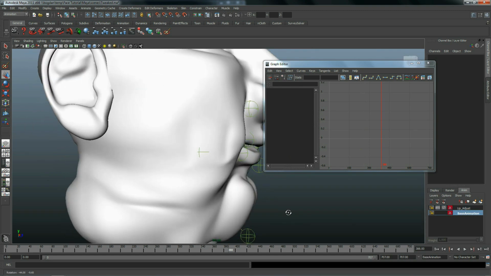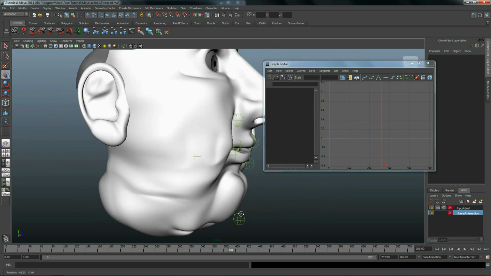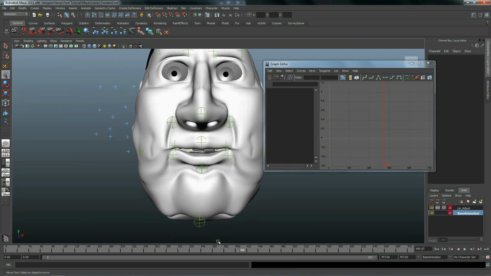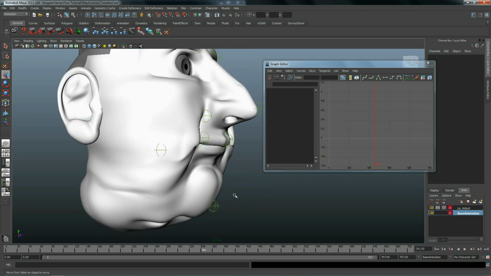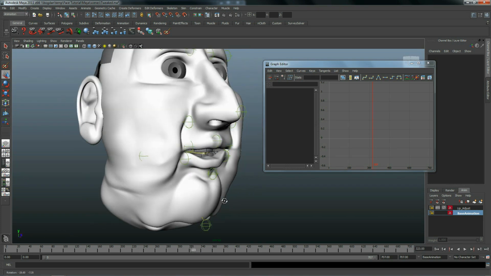We will continue by faking some depth movement to the mid-lip bones. We will exercise the squash and stretch animation principle in order to get the mid-lips to move forward as the outer ones contract, and move back as the outer ones expand. We will use a tool called Distance Tool to measure the change in width for the outer lip bones.